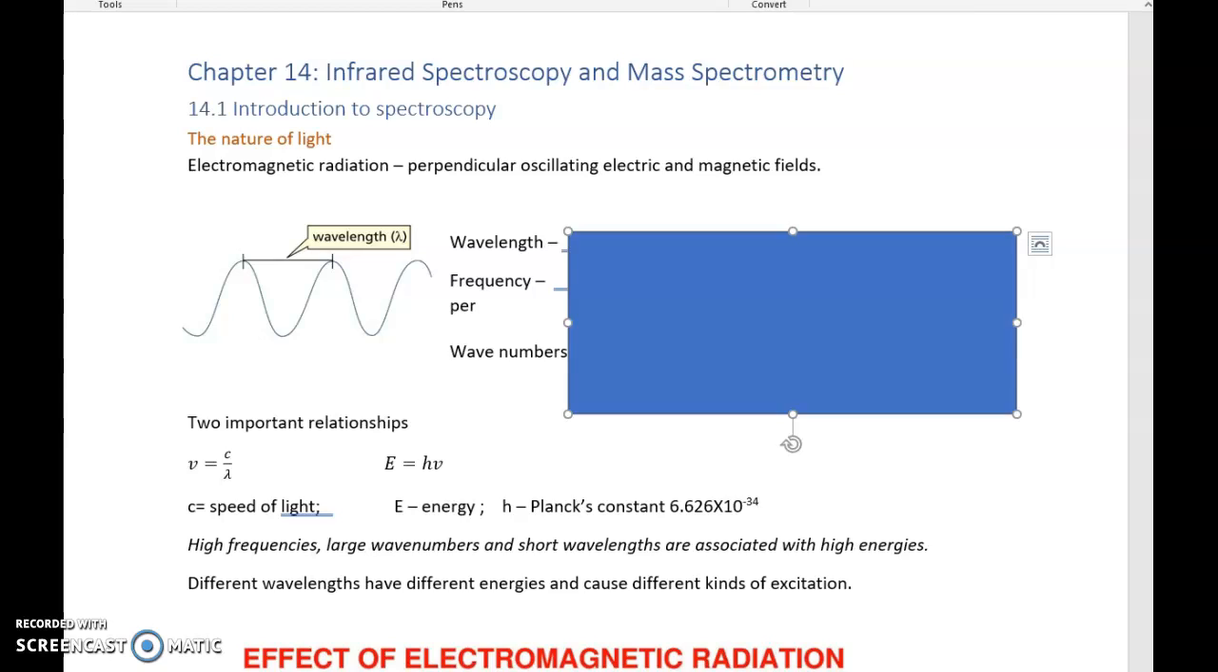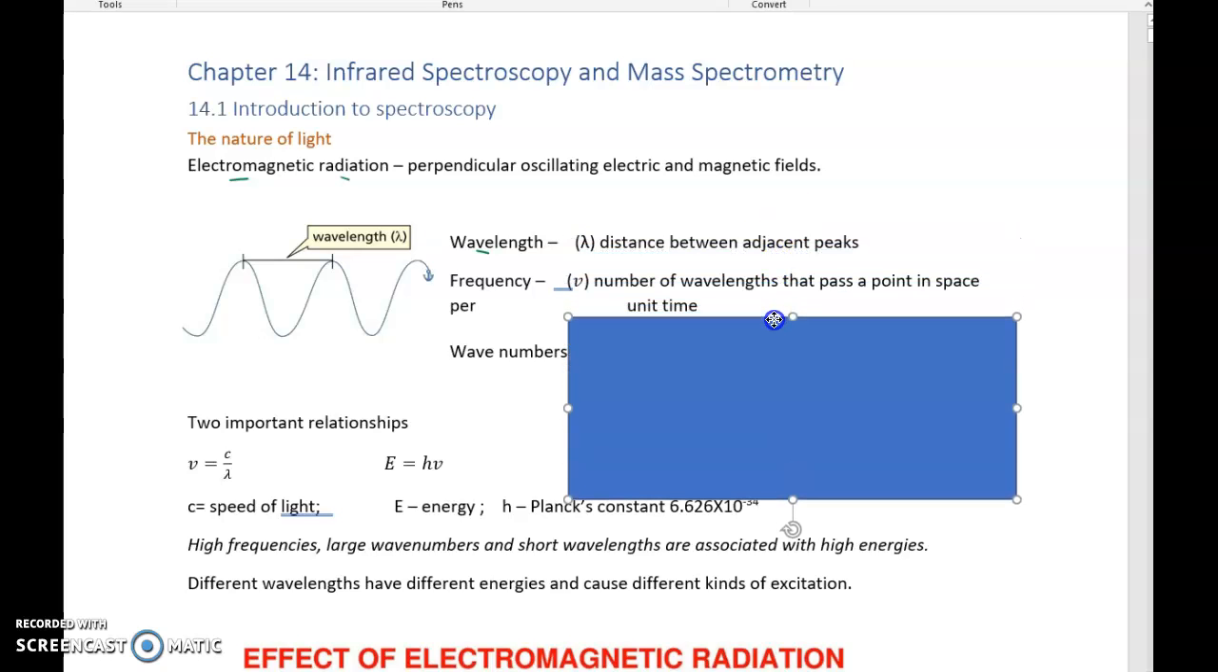And now for something completely different. We're going to be looking at infrared spectroscopy and mass spec. So first let's look at the nature of light. Light is of course composed of electromagnetic radiation, which is a perpendicular oscillating electric and magnetic field. We're going to define our electromagnetic radiation using wavelength, which is the distance between the peaks,